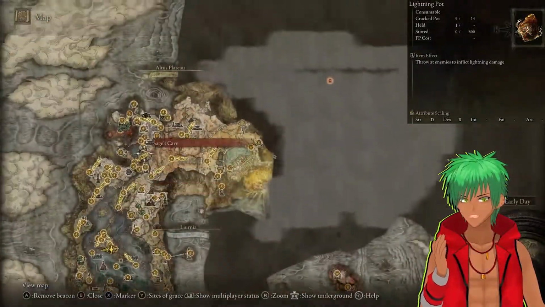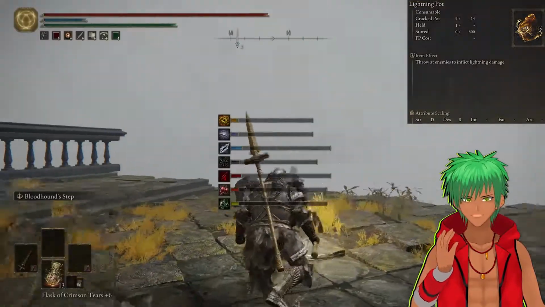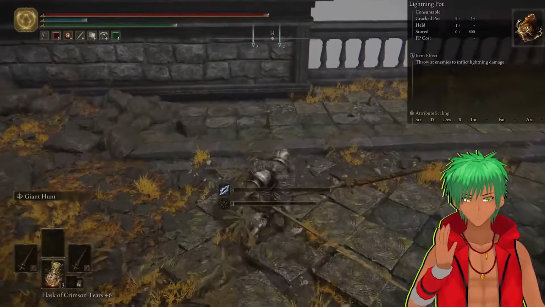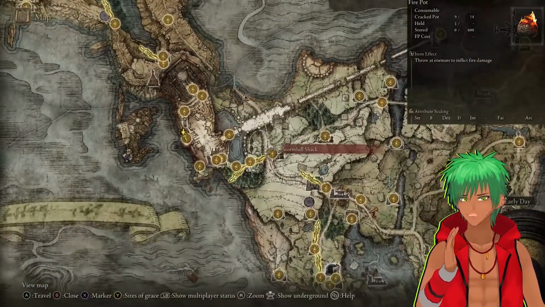Now, Lightning Pot is great for dexterity builds. You're going to find this at the forest-spanning Great Bridge checkpoint. Right next to the Site of Grace, there's going to be a merchant. Now, he's not there for me because I'm a heartless one and I killed him, but he'll be there if you haven't been there. Now, Fire Pot's a weird one because I could not, for the life of me, find